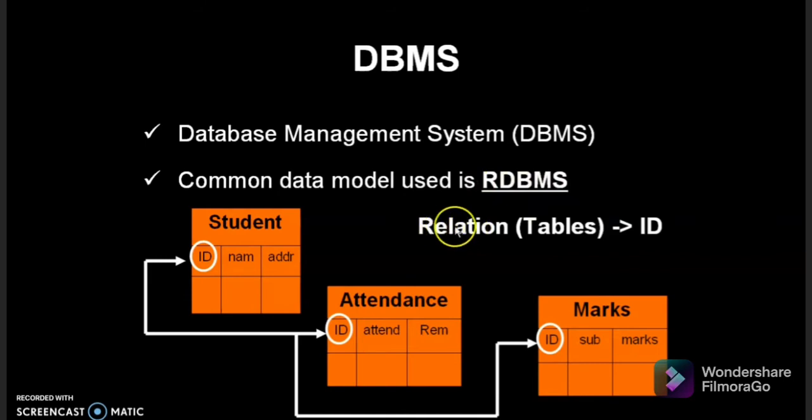So what do you mean by relation? In the previous example, we have seen three tables: student, attendance and marks. Here how the relation is there? Here you can see the various fields: student ID, name and address. In attendance you can see student ID, attendance and the remarks. In marks you can see student ID, subject and marks. Here the ID you can relate to the second table, and to the third table. So the ID belongs to the first table, but others are just having a reference of that particular field or attribute.